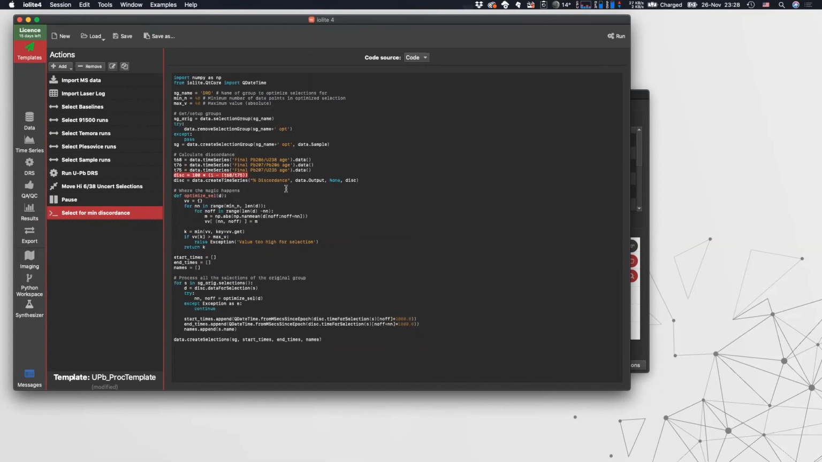So it creates a new channel called discordance. And then for each of the selections in the DRO group, our sample group, it then tries to optimize. It tries to select as much of the sample as it can, while also minimizing the amount of discordance. So if we just run that,